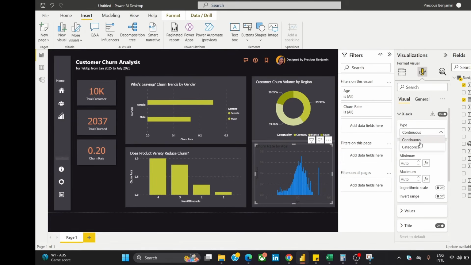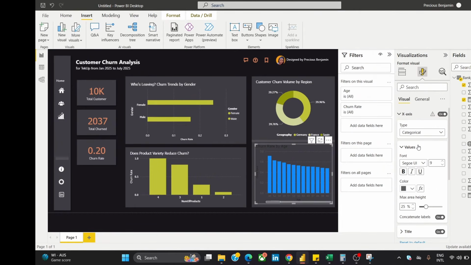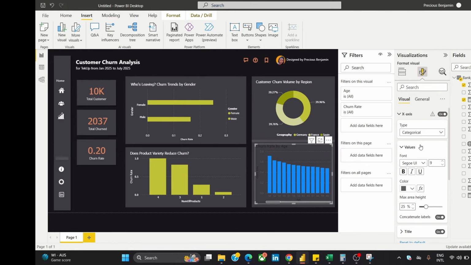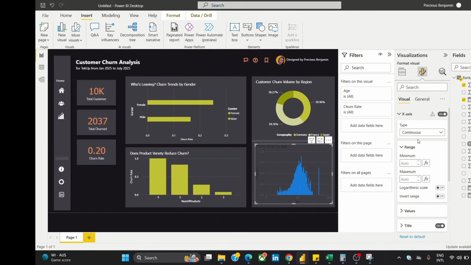We can say categorical, or we can leave it as continuous. Let's just go ahead and say continuous. Right, now the next thing we can do is